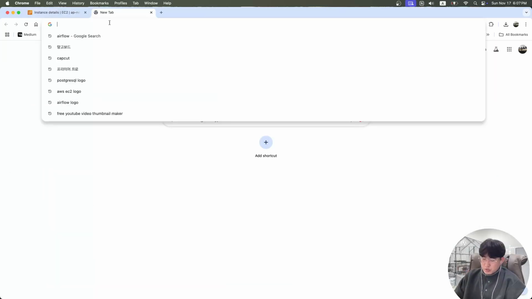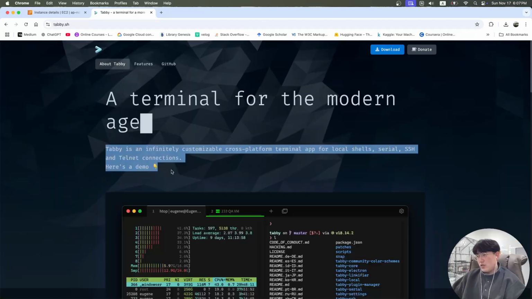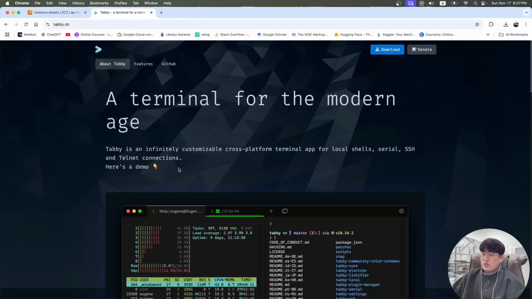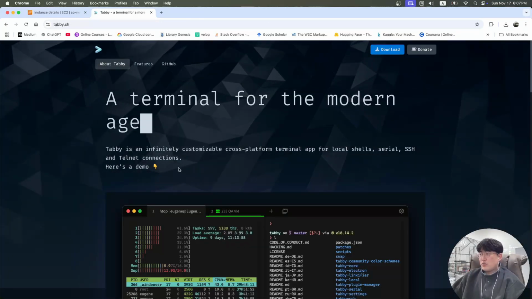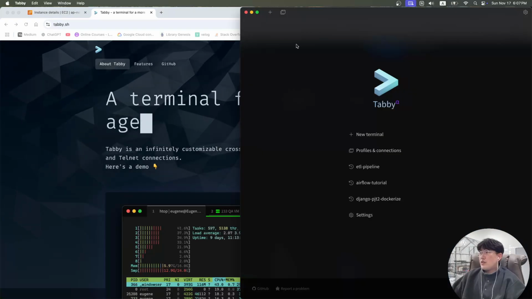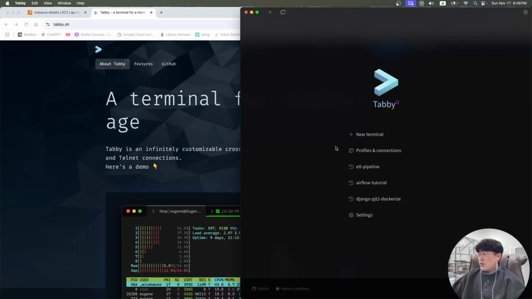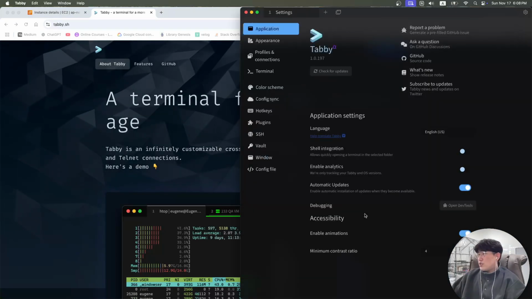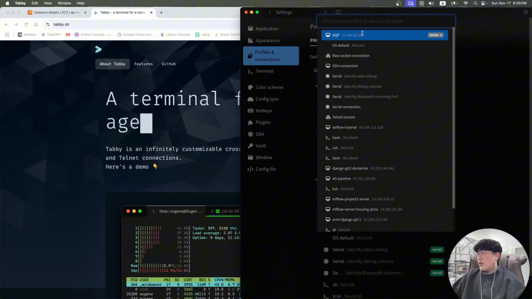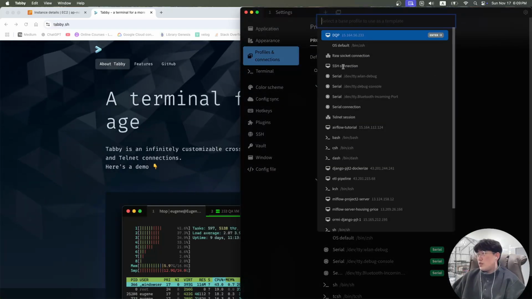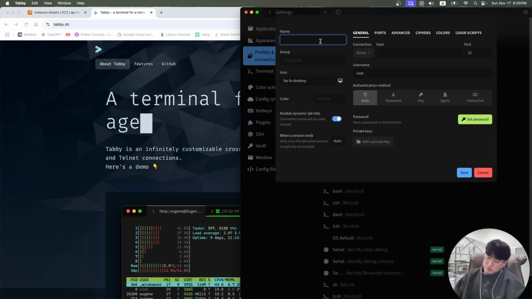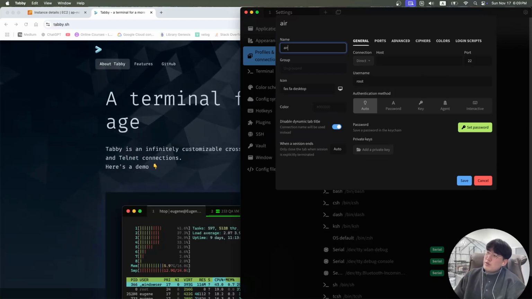I will introduce one tool called Tabby. You can use this to connect to the EC2 instance. I will show you how to do that. I already installed Tabby, and we need to go to the settings, create profile, select SSH connection, and give a name, Airflow